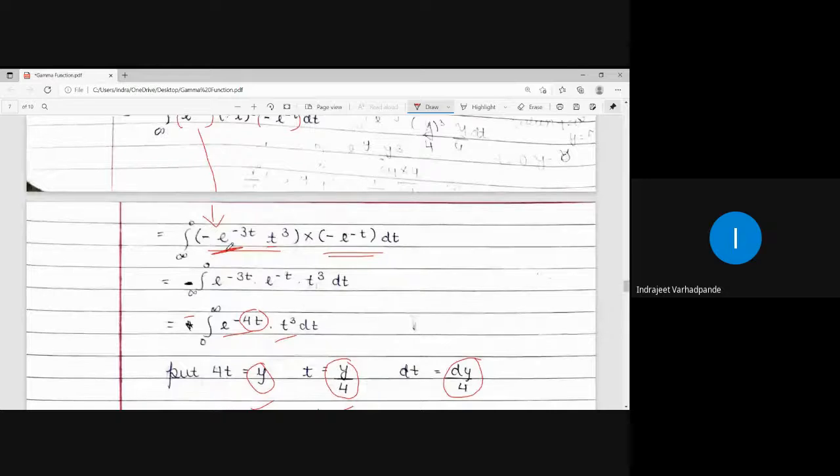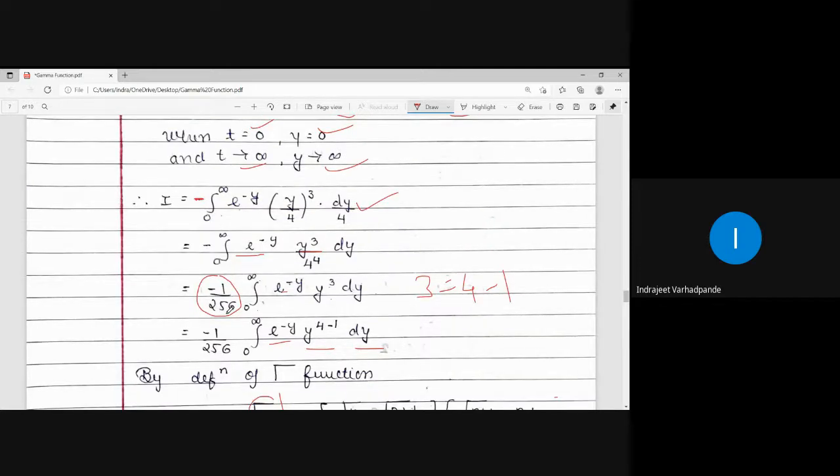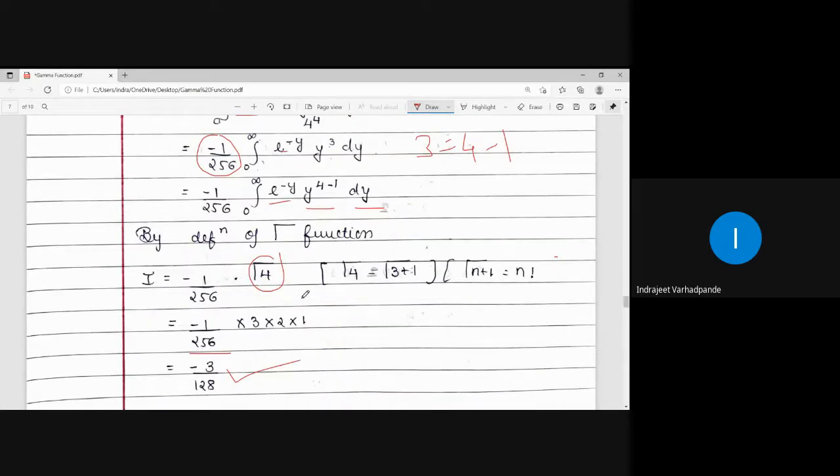So here, though there were two different negative signs, one negative sign is absorbed in changing the limits, infinity to 0 has to be changed to 0 to infinity, and one sign will still remain as it is, which is carried forward, and then you simplify it. So in such examples wherein you have log x, we use the substitution log x is equal to minus t or minus log x is equal to t. Automatically, the limits will also be changed, and accordingly, I can try to simplify it by use of the definition of the gamma function.